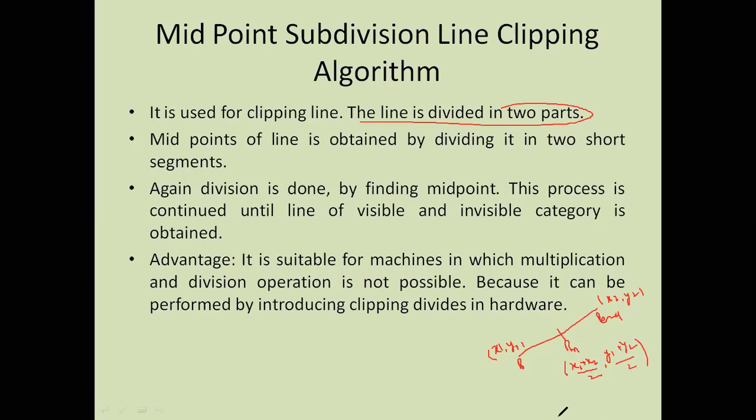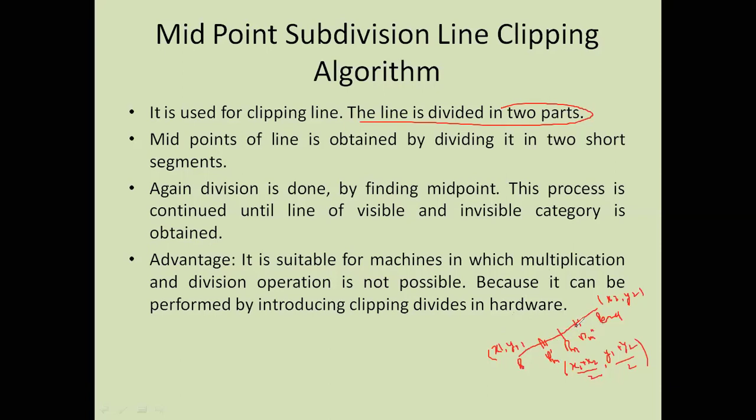So simply we will keep on dividing the line through its midpoints, and we will check according to its region code values whether the line is completely lying inside the visible region or outside the visible region. Okay, so what we will do is keep dividing the whole line repeatedly at its midpoint. For example, here it has been divided into two parts, so the algorithm will run on this part and also on this part. When we run on this part, we will again divide it at its midpoint. It will be called, let's say, PM dash, and this we can call PM double dash.